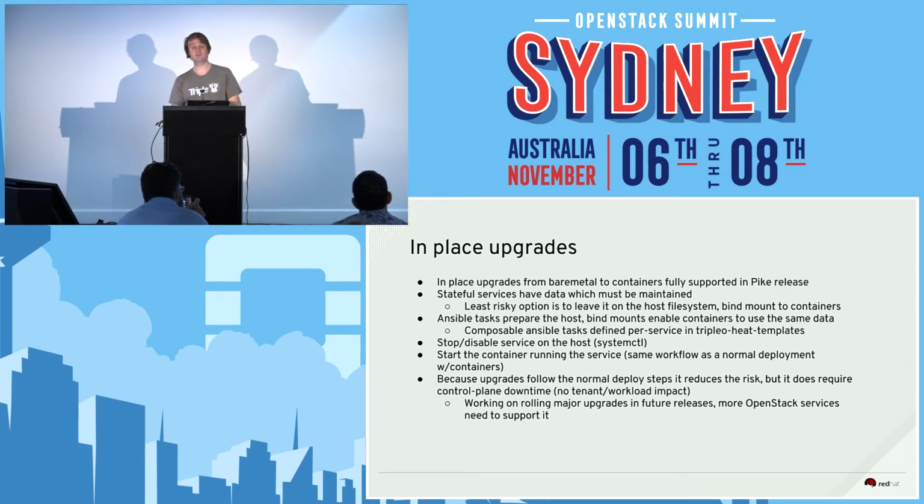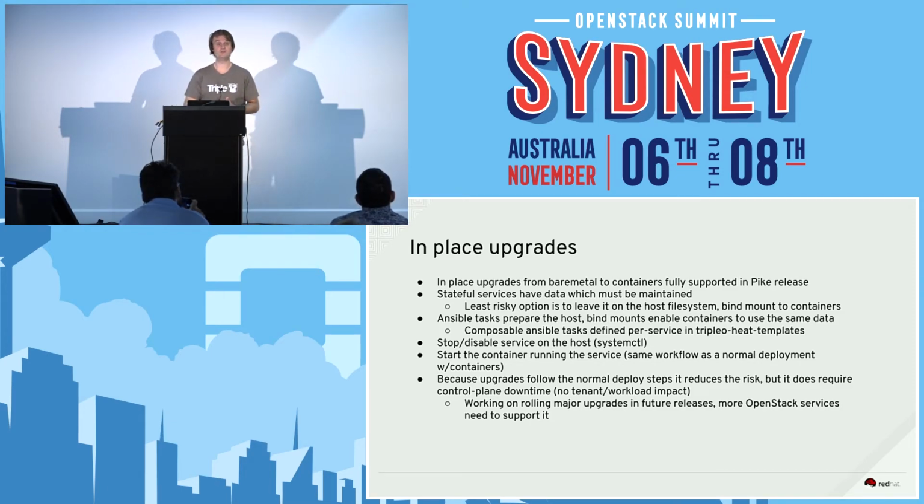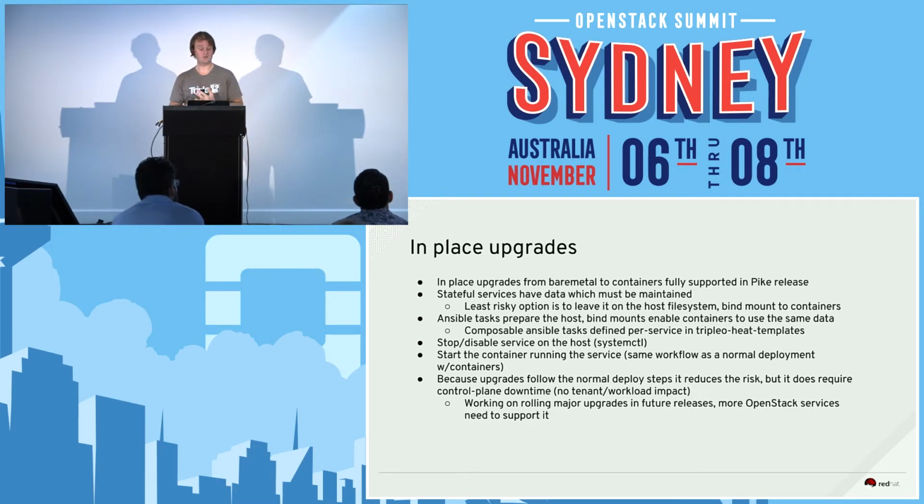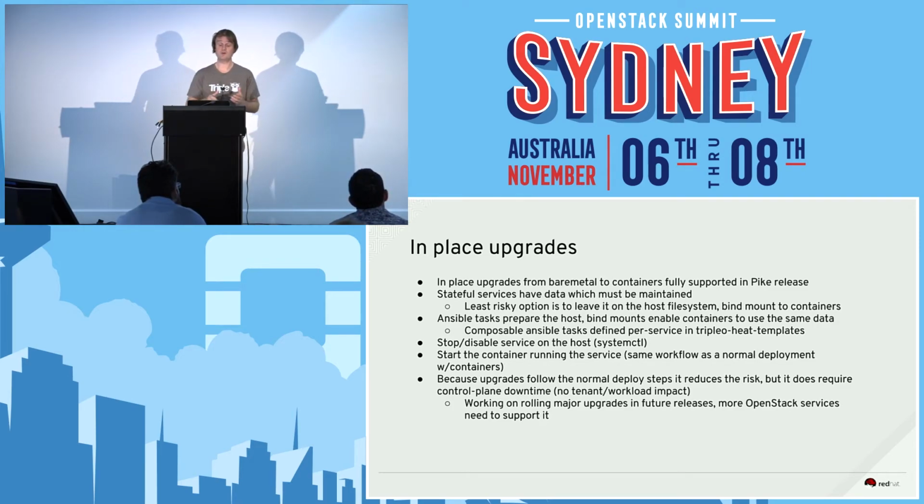And that was really a hard requirement from day one for OOO. We had existing bare metal environments in the field, and production users of it. So our approach to that was, again, go for the least risky option, make this transition, and try to avoid any breakage of those existing deployments. So the approach we took was for stateful services. We've left the state, as in the files, the database files, for example, on the host, and we bind mount those into containers. Again, this is a nice stepping stone. It will probably look different when we get to deploying on Kubernetes, for example. But it allowed us to focus on the dependency isolation.